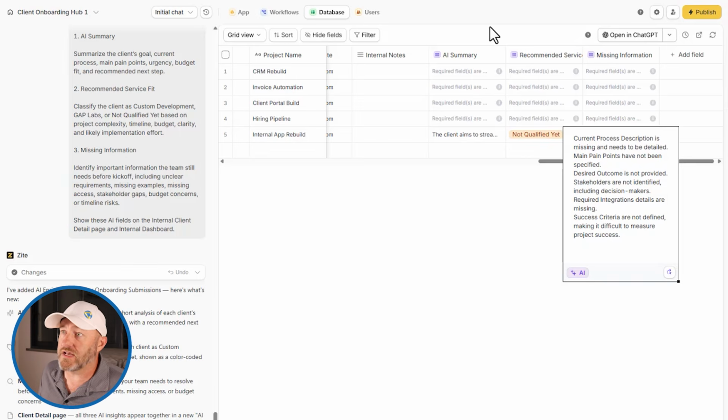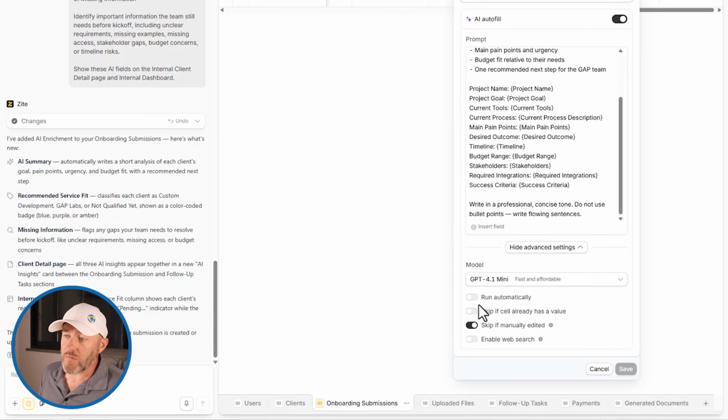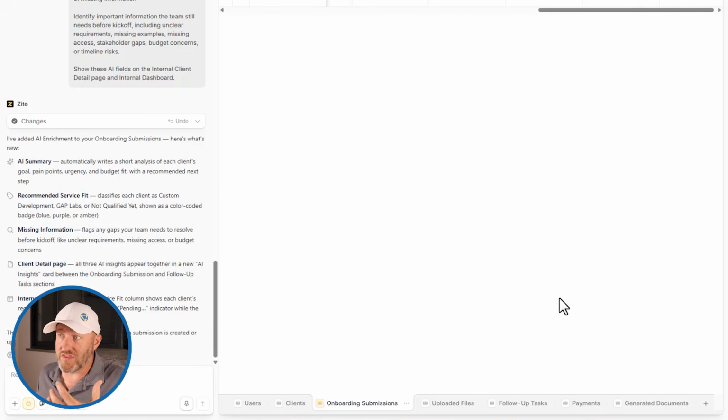And we can set up all kinds of different rules for how they work in the advanced settings. We can say, run this automatically, use a particular model. We can skip it if a cell already has information. And we can even toggle on web search so that it can do more powerful things by researching it on the web. Now, once we have these components built, this is all really helpful, but now we can take this